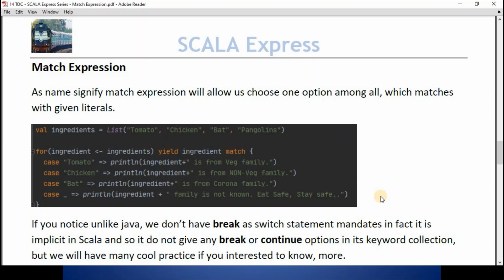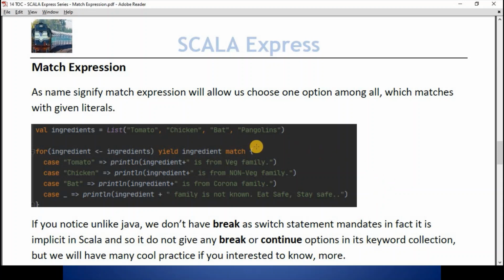If you compare this match expression with the Java switch statements, we do not have anything called break and continue. Scala leaves out break and continue because you can think of using break and continue with loops, but how will it behave with functions, especially in this functional language style where we do not define the function name? And in a few cases, in fact in our upcoming series, we will learn how to use placeholder or partially applied functions. So it is not really a feasible idea to keep break and continue in the language. That's the reason Scala leaves them out.